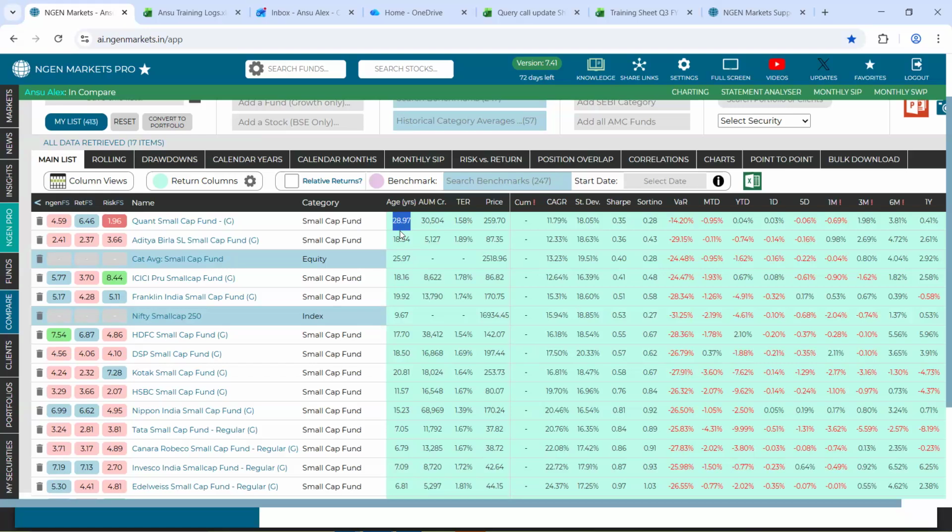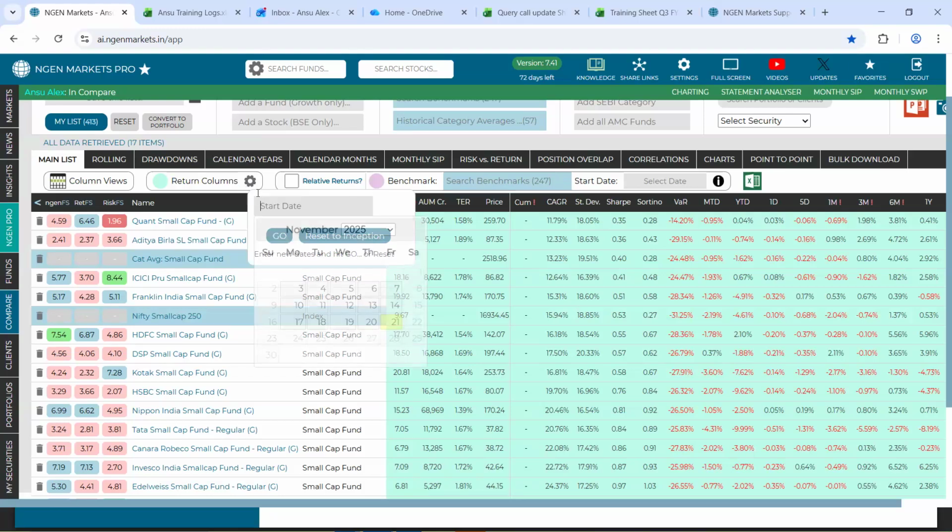However, let's say you want to view this data for a specific time period only. You have an option to input a start date, and that is available right here next to the returns column. You can see a settings wheel icon, which once clicked will give you an option to input a start date of your choice.